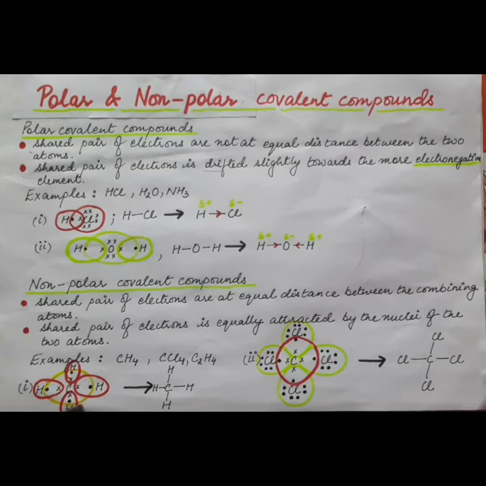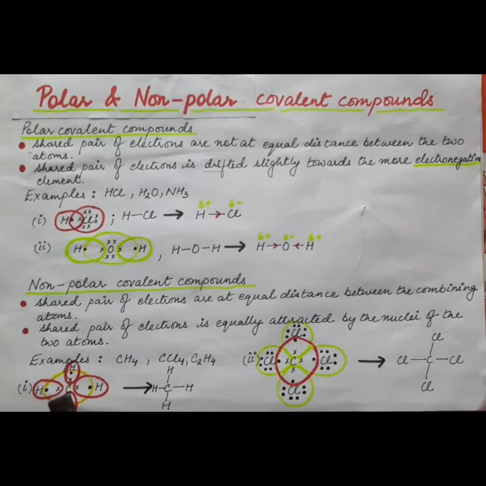So carbon needs 4 more electrons to complete the octet. Hydrogen needs 1 electron to complete the duplet. So carbon now shares 4 electrons with 4 hydrogen atoms, and completes the octet. The hydrogen atoms on the other hand take 1 electron each from the carbon atom to complete their duplet, resulting in the formation of 4 carbon-hydrogen single covalent bonds. So this is how a methane molecule is formed.